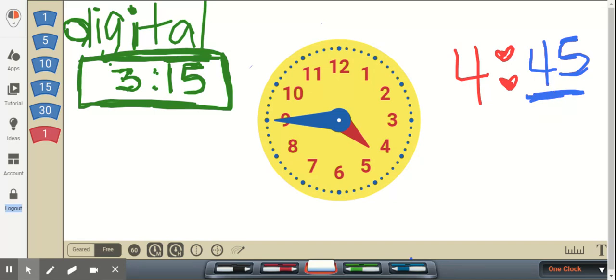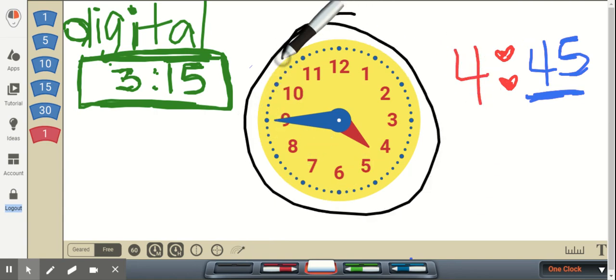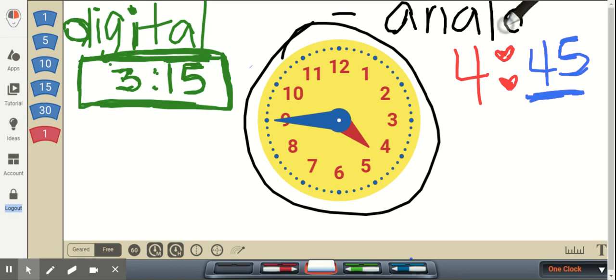I'm going to put my pen away and I'm going to pull out my black pen. This right here is analog. Okay, so when you see a clock that has a minute hand and an hour hand, that is what is considered analog. Okay, so there you go. I wanted to also show you right there. That will give you the minutes. See, took them off, put them back on. All right, so